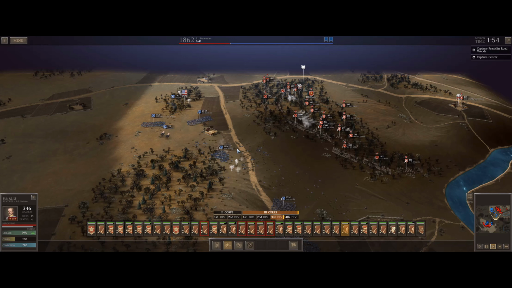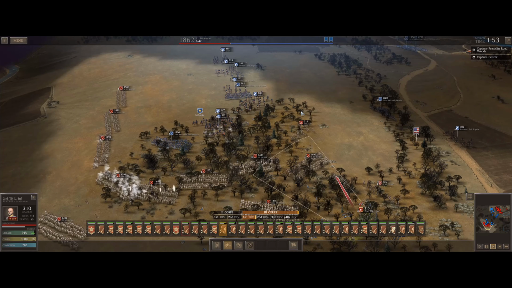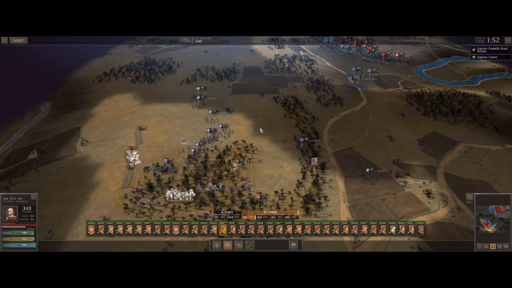We're able to enter in the south of the Union position, and once we're in cover, things unravel for them very quickly. I get in there with the light units, and then almost immediately I follow up with a very heavy attack from the heavy units, attempting to wrap their position. And the overall